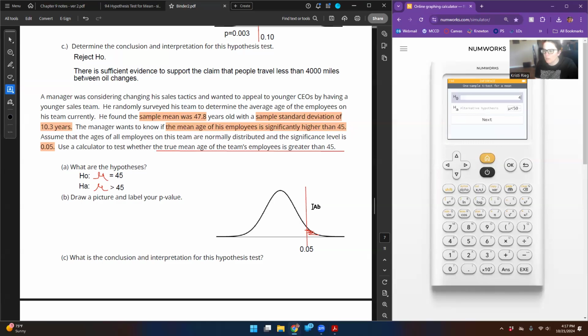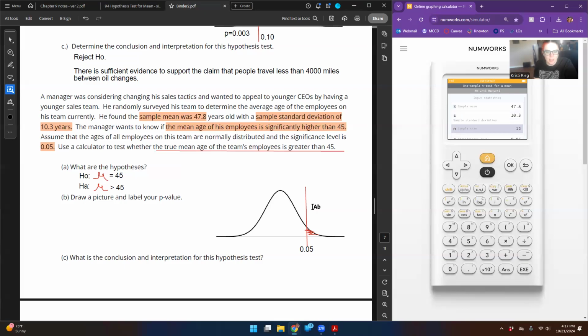So the null is 45 and the alternative is greater than 45. Input statistics, so X bar, oh, that's random. It just happened to do 40. A very close number to the answer, 47.8 is what we wanted. S, which is what we have, is 10.3, and N,